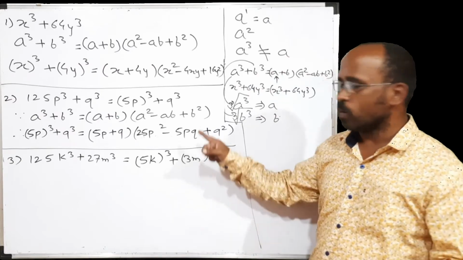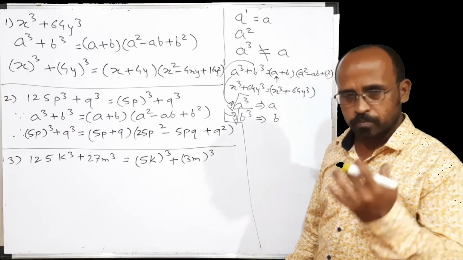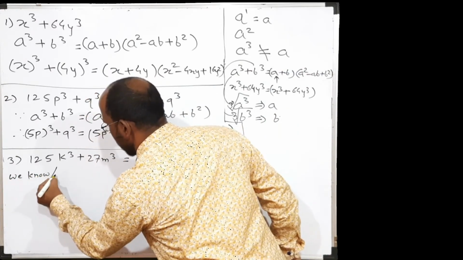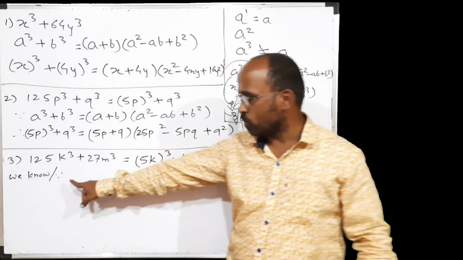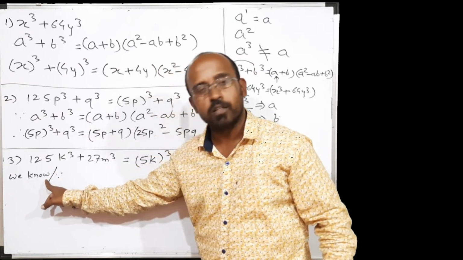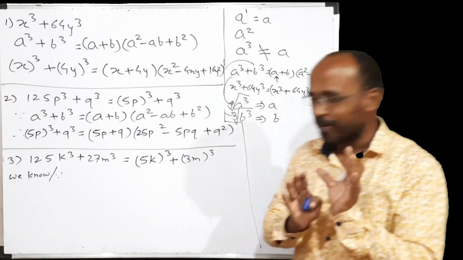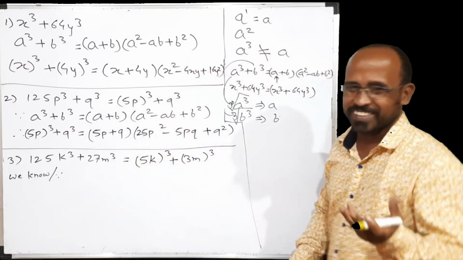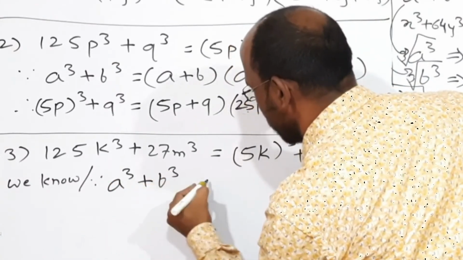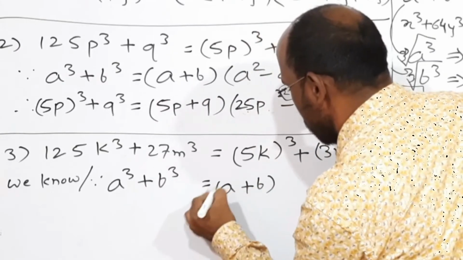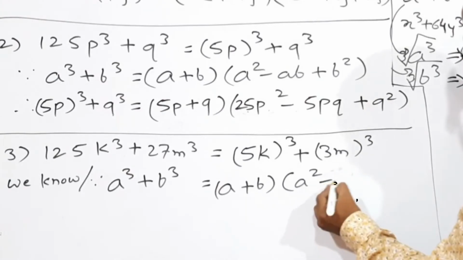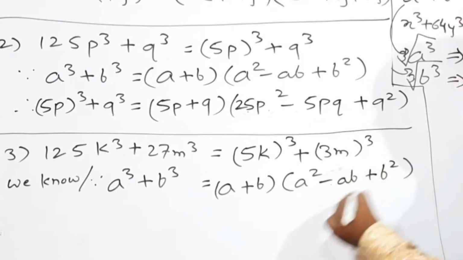Okay, now we know how to use the formula. Here we can use the formula of a cube plus b cube. So we can say, we know, or if, it's your choice whether to write these three dots or to write the words. Okay, and I hope no one will forget the spelling of this. So if a cube plus b cube is equal to a plus b multiplied by a square minus ab plus b square, then